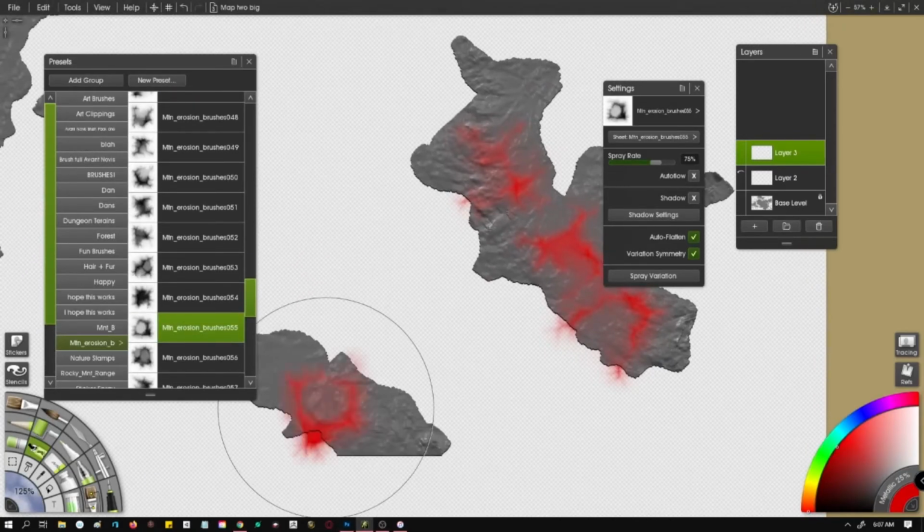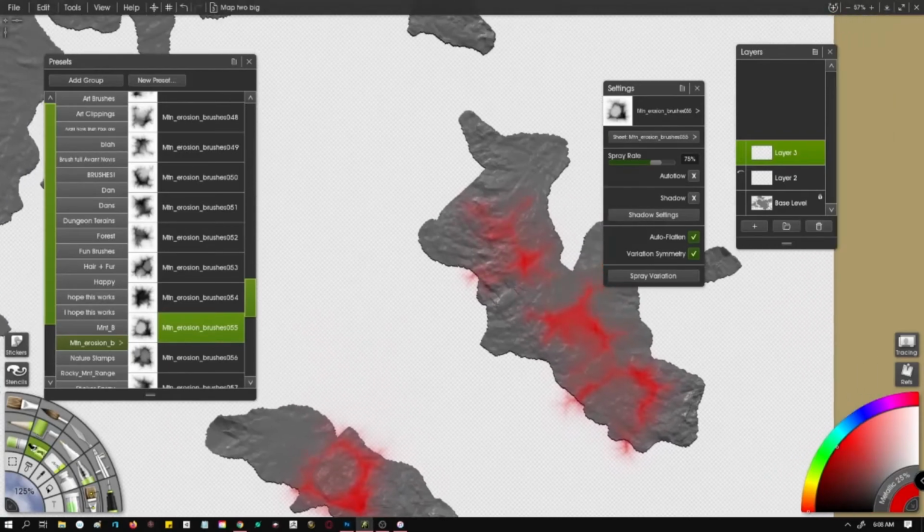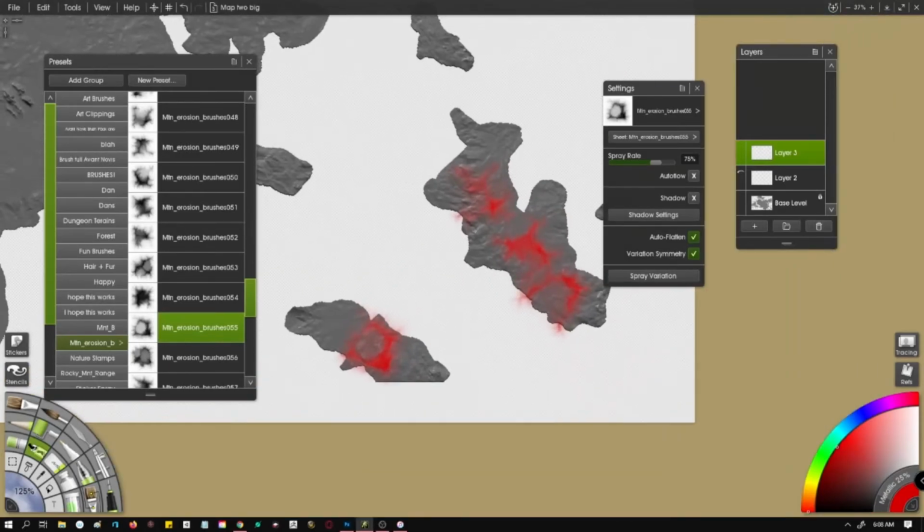Ooh, here's a fun one. This is like an explodey one. And just play with it. Okay, so we have these two. I've added the terrain. Next thing I'm going to do, I'm going to keep this unlocked, go down here to